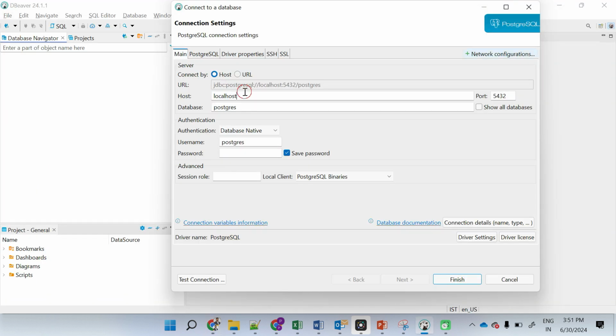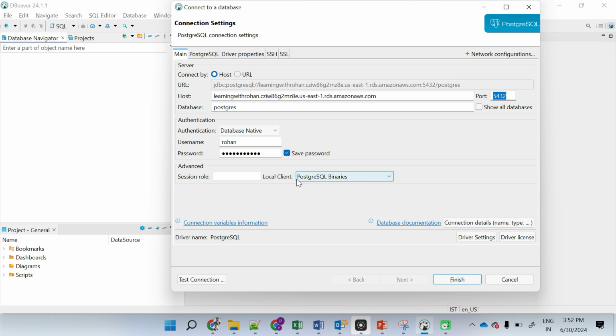I'll come back to this and update the host name, and the database name will be Postgres only. Remember, we created a username and password during the RDS provisioning, so we will have to insert those here, username and password, and the port is going to be 5432, that's the default, and no other changes are required, at least on the